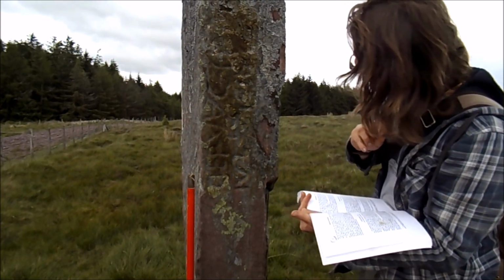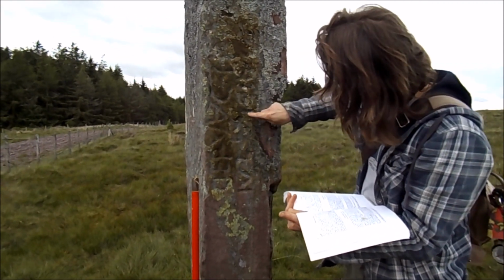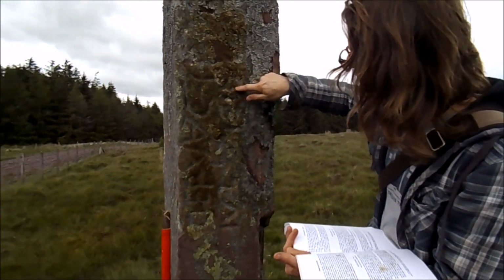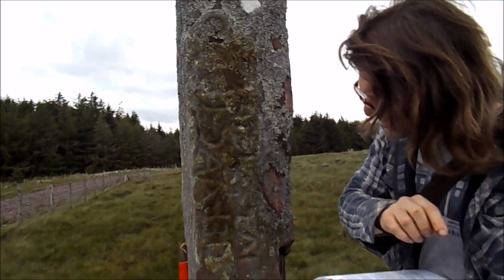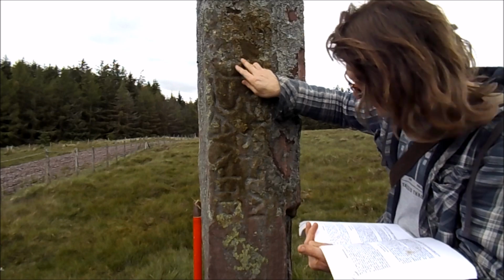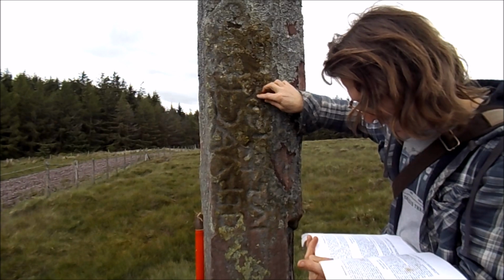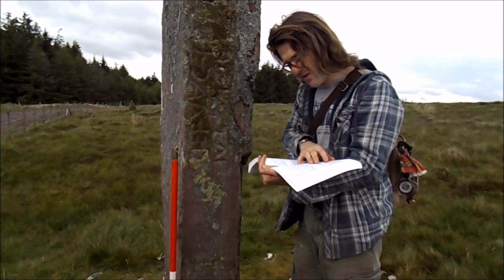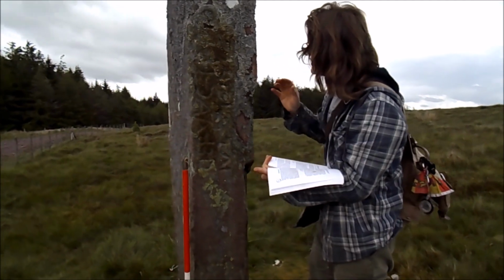And then the words get a bit strange. And you've got the word ICIT, so I see, and it comes on to IACIT, and the I and the rest of the T is there. So the words are, if I can spell this right, Dervaci, FILIUS, IVSTI, IACIT, which basically means Dervaci, son of IVSTI, is buried here or named here, or this stone is associated with